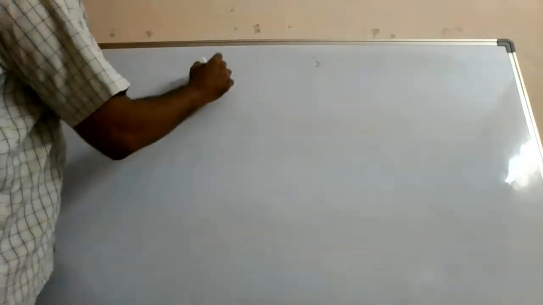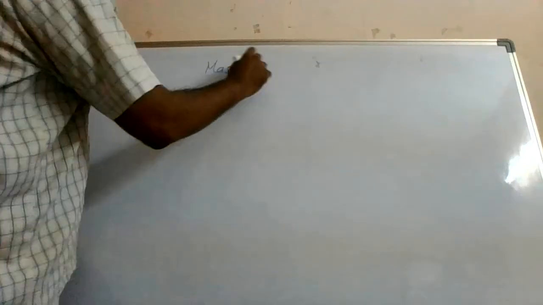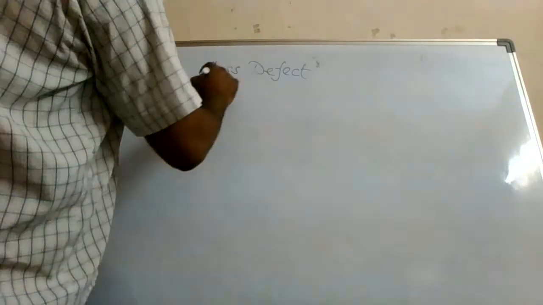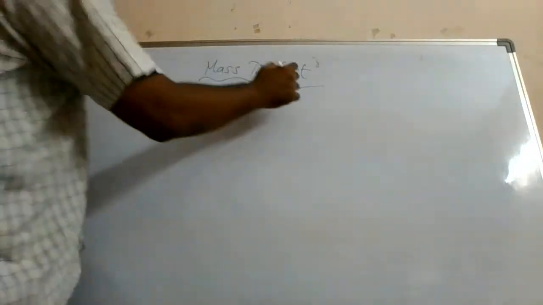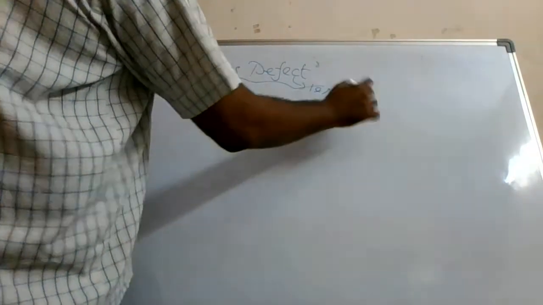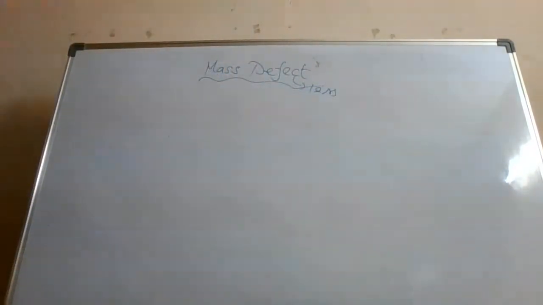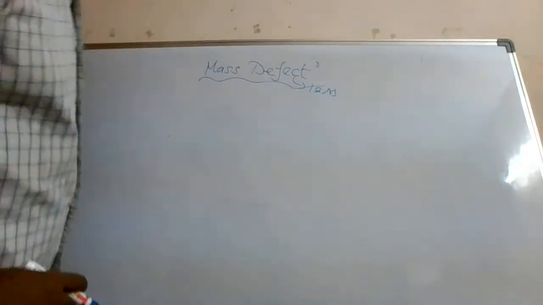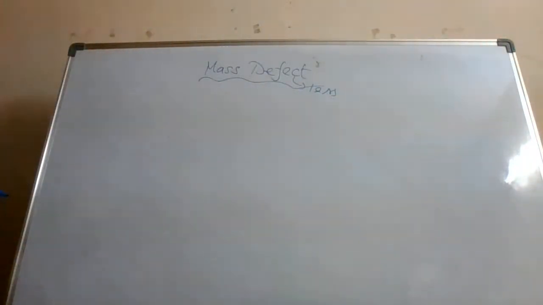Let us talk about the concept of mass defect. Defect means what? Less, more, but not accurate value. Okay. Now